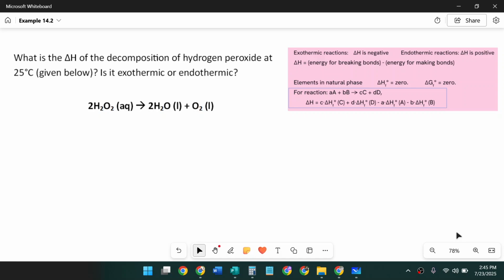So to find the change in H, we're going to use this new formula that we've just learned, where we take the change in H of formation, the enthalpies of formation for each of these different things, and then we multiply them by the little letter in front of each. That tells us that we multiply it by the number of moles that involves,